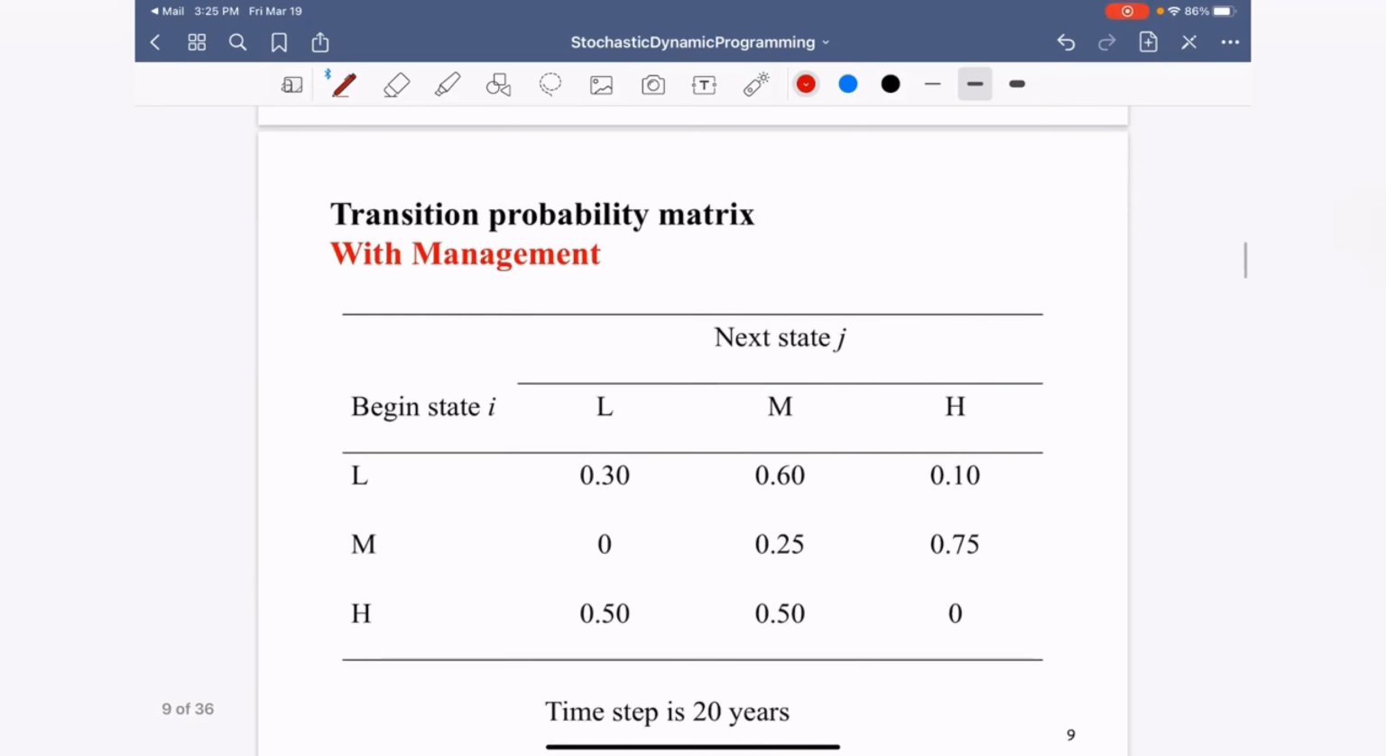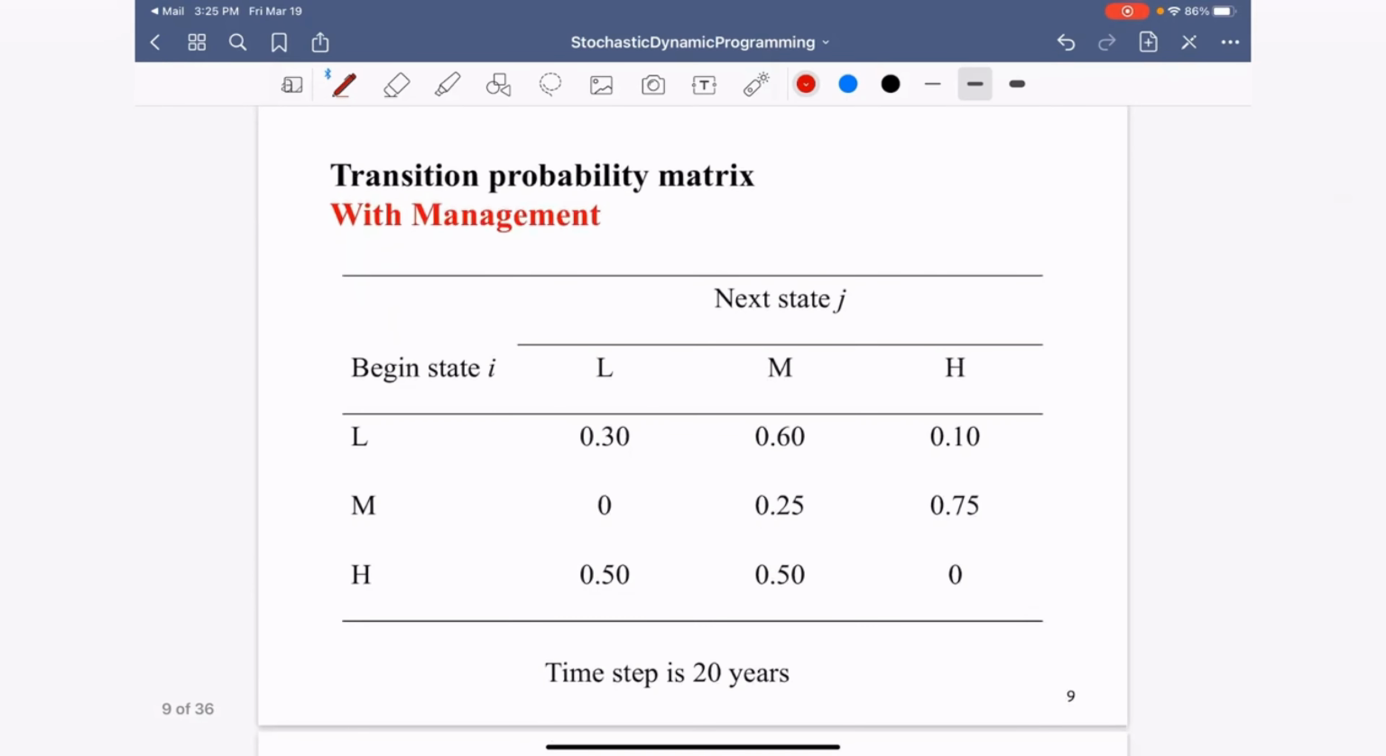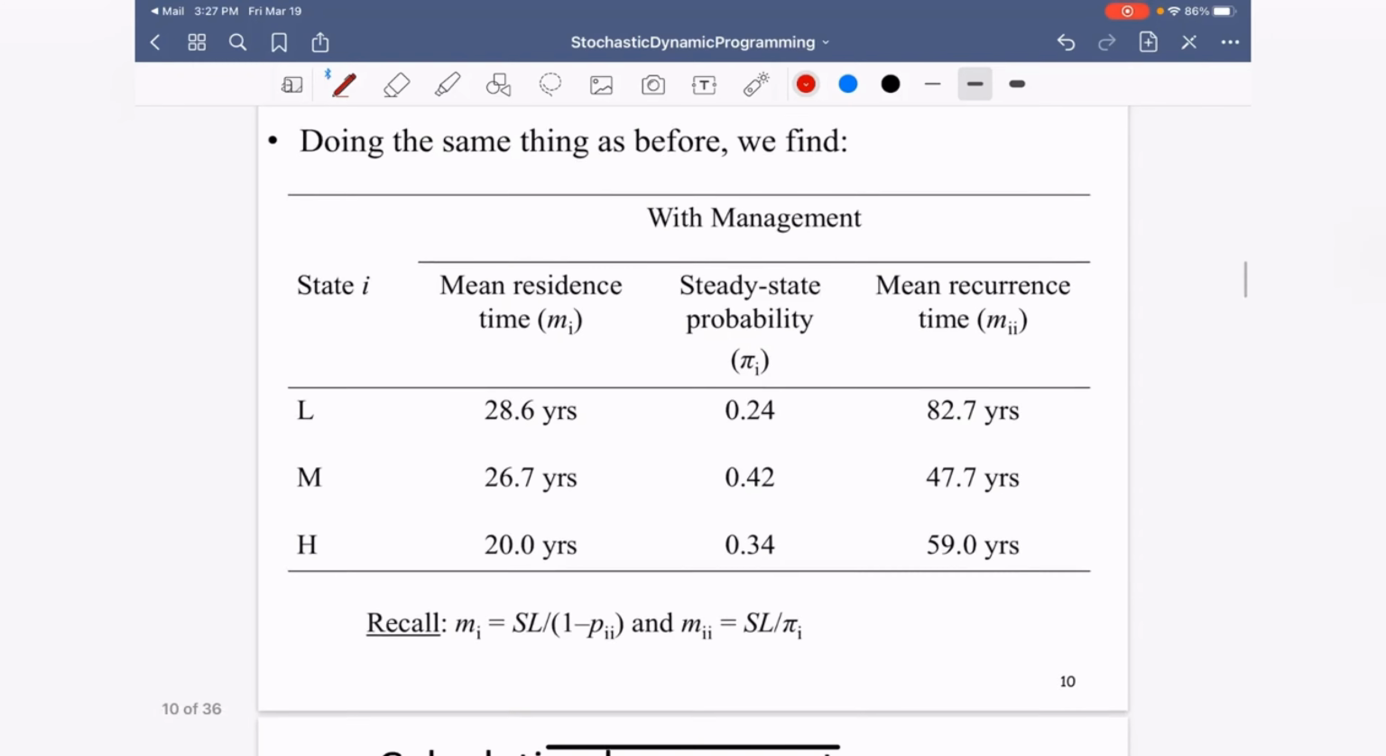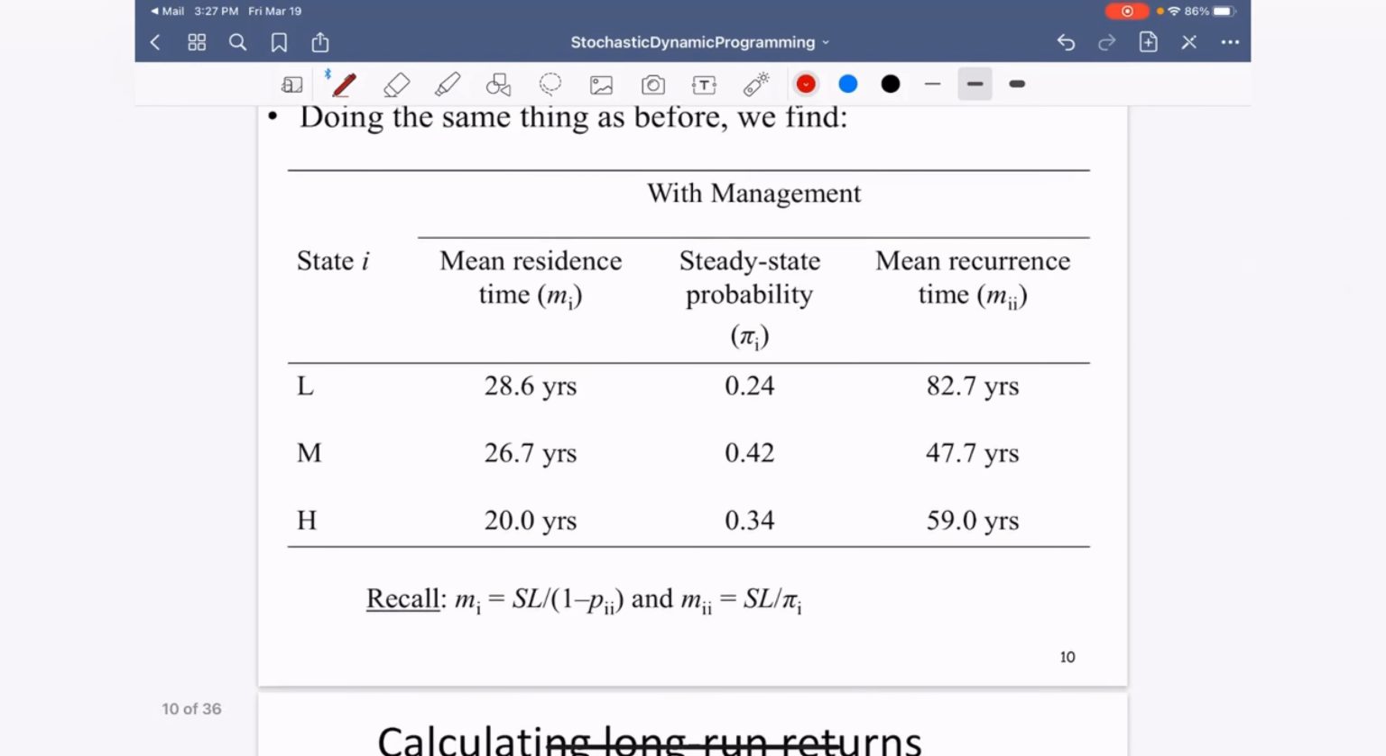Now, we need to have something to do with management. The mean residence time, doing the same as above, we can easily find for the low state 28.6 years, 26.7 for the medium, and 20 years for the high state. We can calculate these probabilities of being there as before and the mean recurrence times as well, using